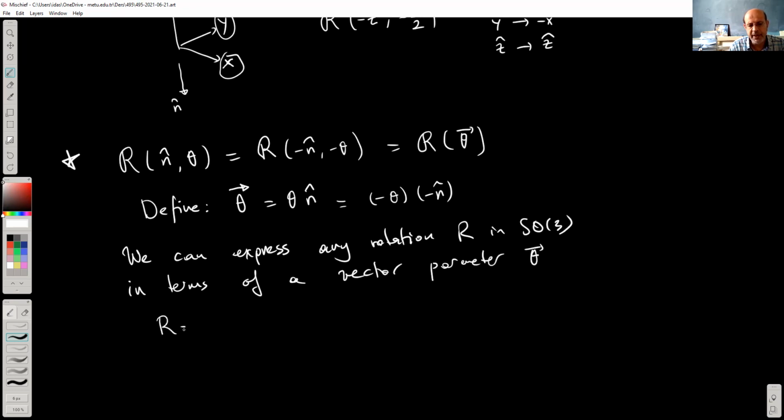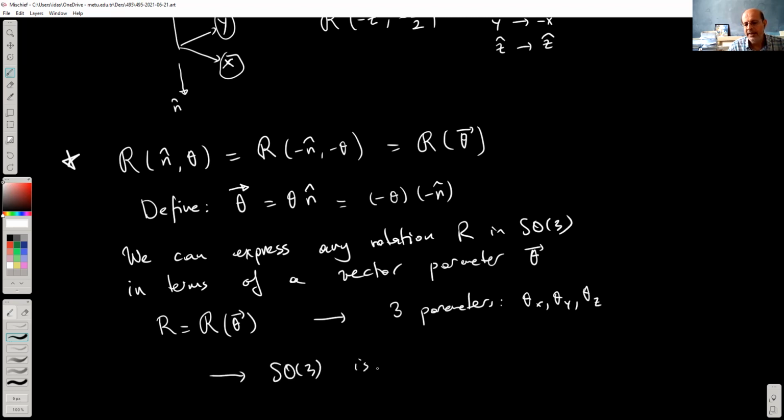So R is basically some kind of a rotation by angle theta. Therefore, there are three parameters in here: the x component, y component, and the z component of that theta vector, right? So that means SO3 is a Lie group